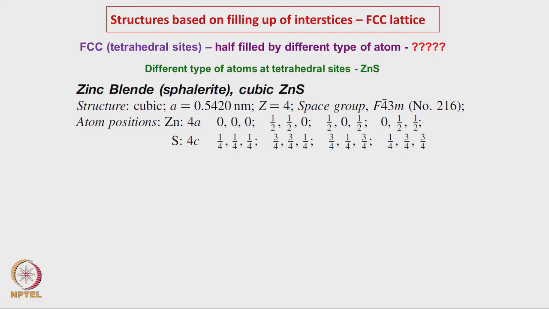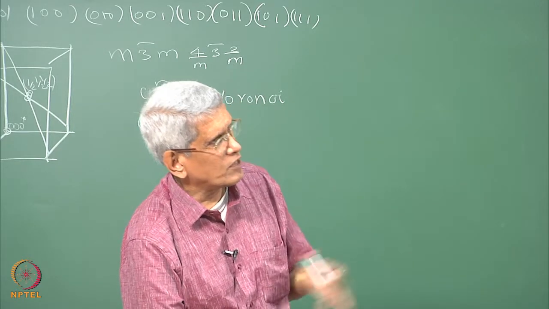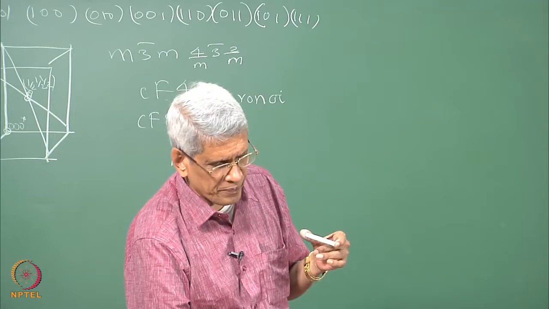Another type of lattice which we can consider, because I am just taking FCC as an example. Similarly, we can take all the Bravais lattices, okay, we can fill it up this way and various types of crystals can be constructed. Okay. This we will give as some assignment to you people to work out.